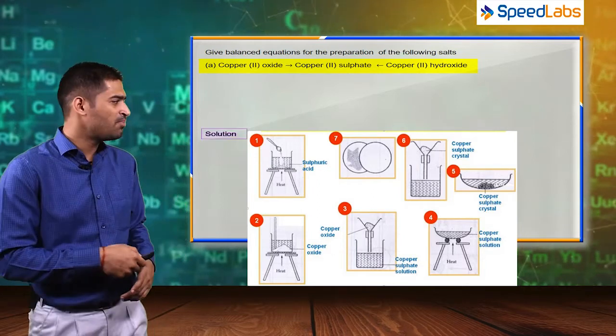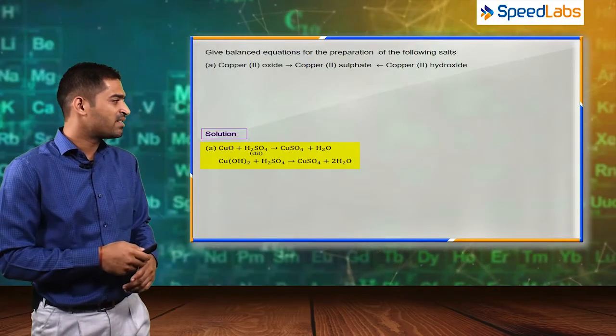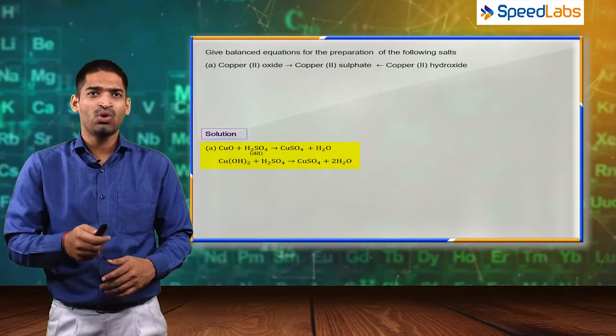So let us write down the balanced equation, and the equation comes out to be copper oxide plus H2SO4 gives you copper sulfate plus H2O. And if you balance the equation, the coefficients of all species come out to be 1, 1, 1, 1 respectively. Let us take the second subpart of the same question, that is you have to prepare